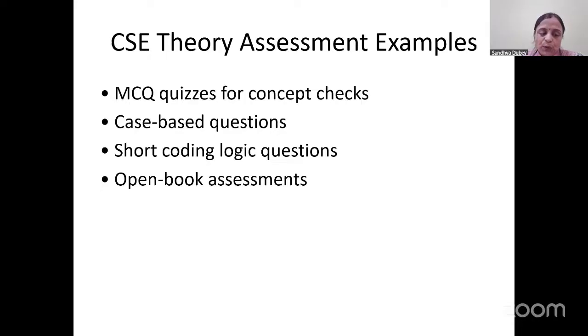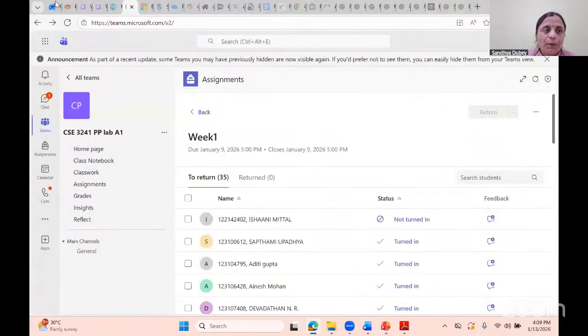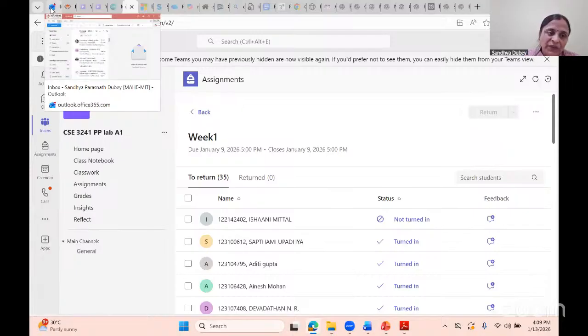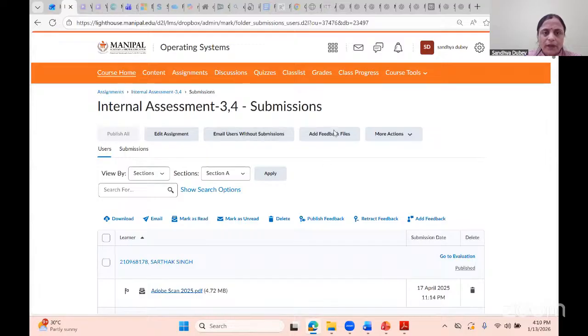Sir, the same tool can be used. We can form the group. I will go to my LMS, where we can form the group and we can have the peer evaluation. I believe that instead of evaluating all the students for presentation by myself, listening to the complete set of students, it's better to involve the peer students also. So form the group. For bioinformatics, I have conducted that peer evaluation.